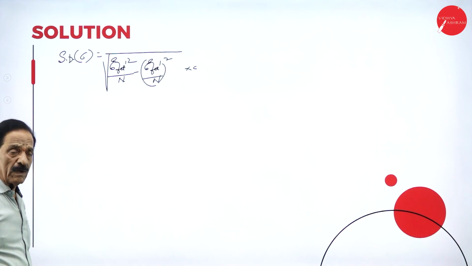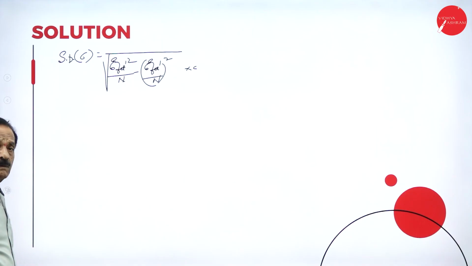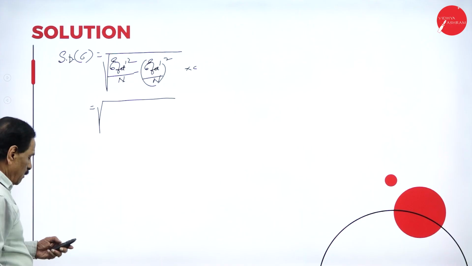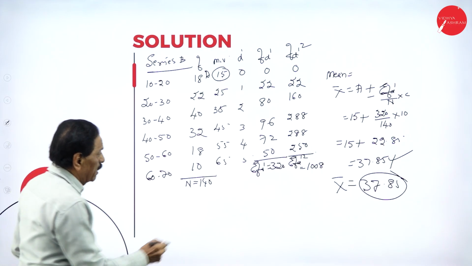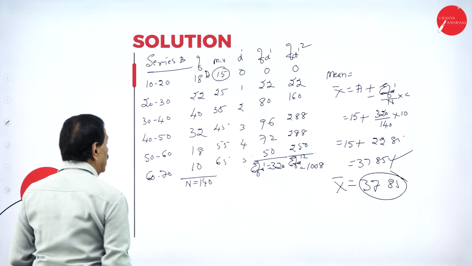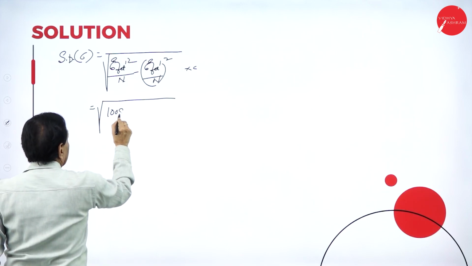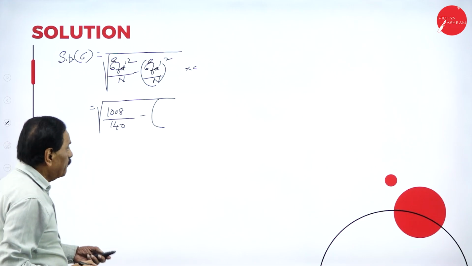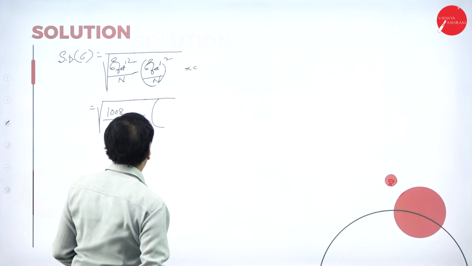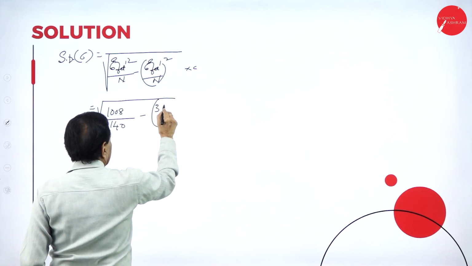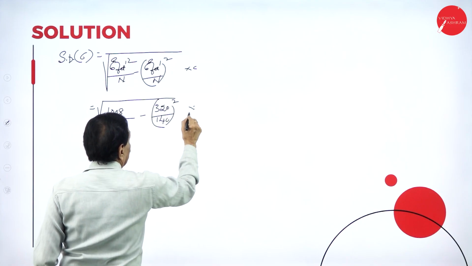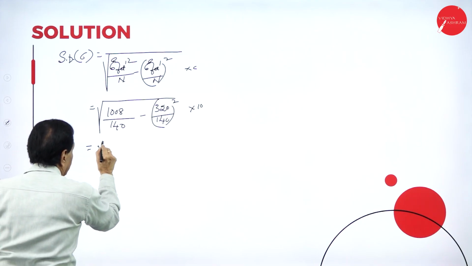Apply the numbers now. Sigma ft dash square is 1008 divided by 140 minus, what is your ft dash, 320 divided by 140 whole square into 10, is equal to root of